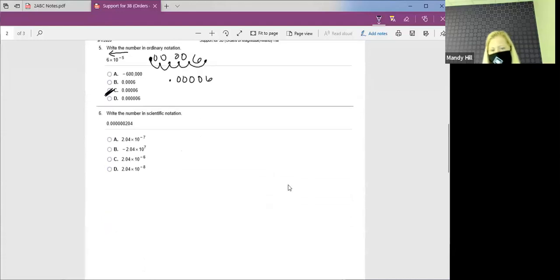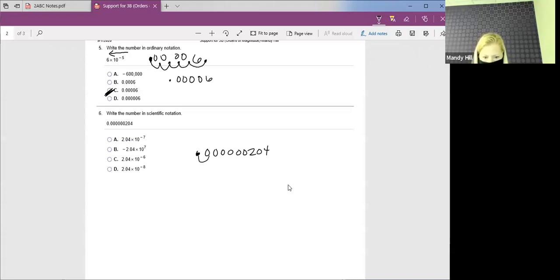Last example on the support. It says write the number in scientific notation. And we have a decimal number. So bear with me because it looks like we've got 6 zeros after the decimal. I don't care about the 0 in front of the decimal. So 1, 2, 3, 4, 5, 6. And you can see that I struggle with that. If it was in scientific notation, I would know exactly how many zeros were and I wouldn't have to count,